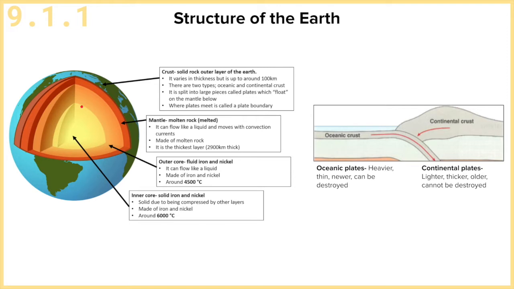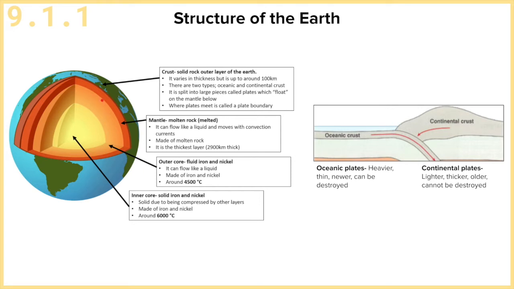Next up, we have the mantle. The mantle is made up of molten rock. It can flow like a liquid and moves in what are called convection currents, which you may have studied in science, where we have a liquid which is heated up from the core, and as it's heated it will rise up because a heated liquid becomes less dense. The particles that make it up are spread further apart and therefore will move up away from the more dense material until it reaches